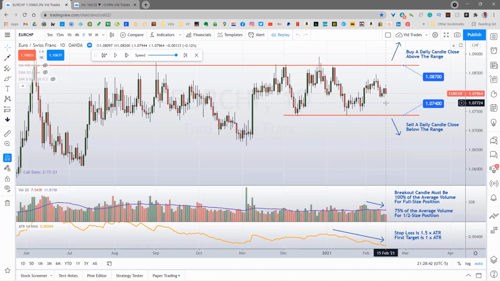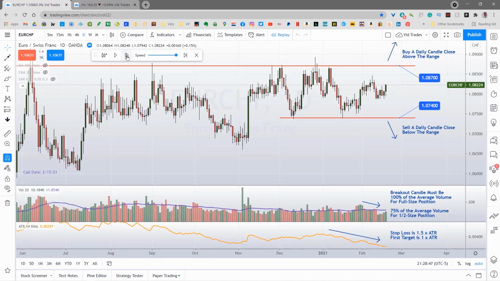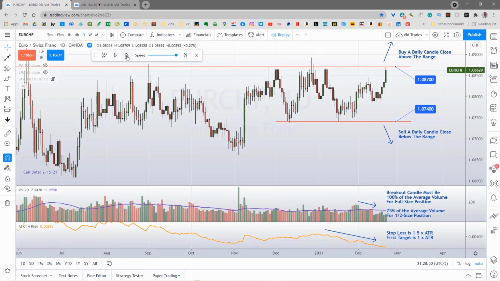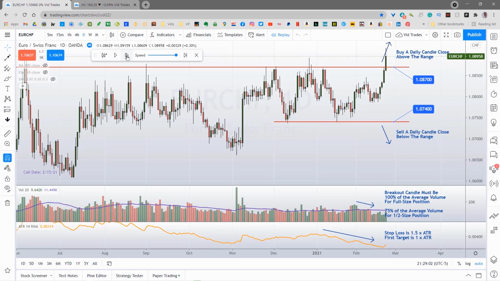Starting on the 15th of February, 16th, 17th, 18th, 19th, and you see it's attacked the 108.70 line, and we're looking to buy a candle close above that range, and there's our candle close above the range. So what I do just ahead of this close is I will actually delete the text and the arrow because they just get in the way, and I would buy at this point just ahead of the candle close,